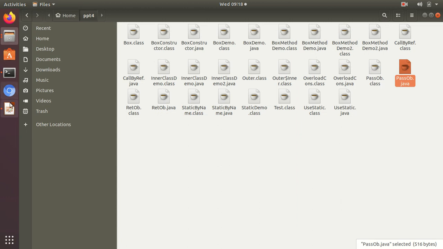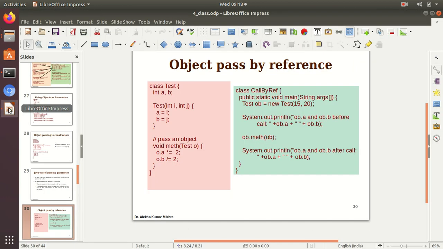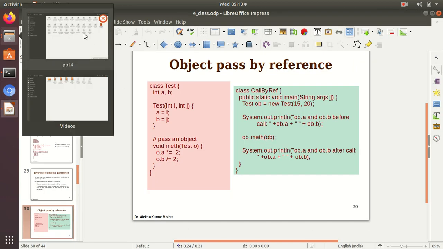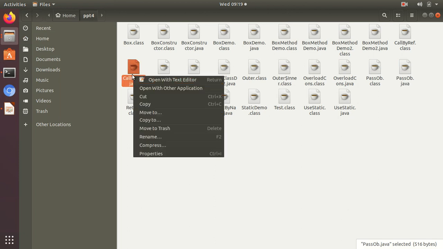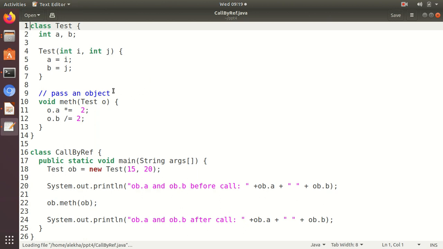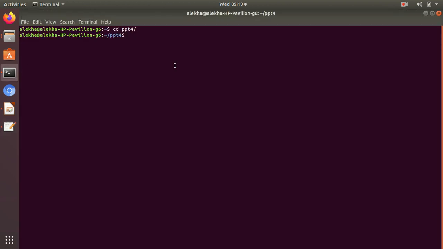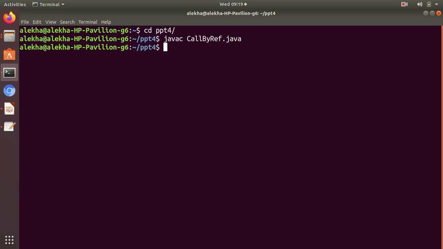I think call by reference. So here is our program. Let us run it and see whether it is call by reference or call by value when we pass simply an object to the method. Okay, and let's run it.